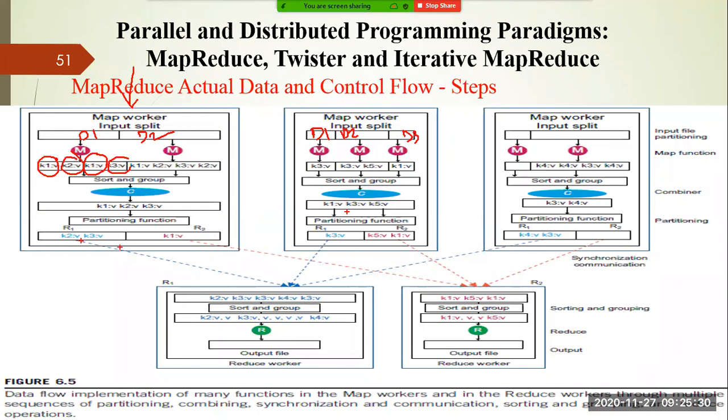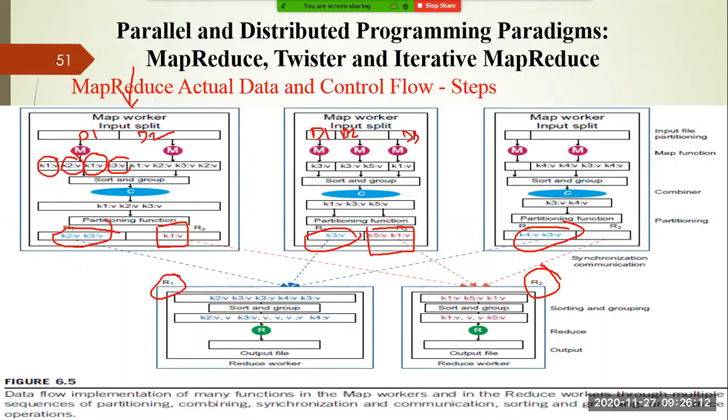After that, you have to assign the similar kind of work with the same key value to the reduce function. You can see K2, K3, K3 here, and K4, K3, they are assigned to the same reduce worker that is present in region 1. Similarly, K1, its occurrences, K5 and K1, its occurrences, and here nothing is there, so they are assigned to region 2 of the reduce worker. After receiving the data in a particular region, the reduce worker performs sorting and grouping.